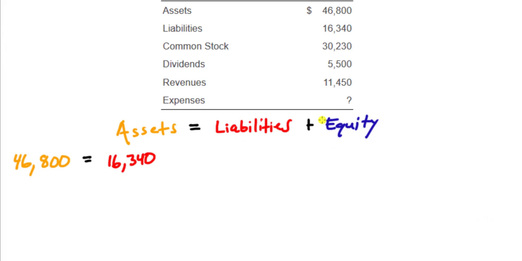So owner's equity, how is that represented? Okay, remember, equity is broken down into common stock and retained earnings. So common stock, to date, there has been $30,230 worth of external money contributed to the company. The remaining value that the owners stake claim to is the retained earnings,